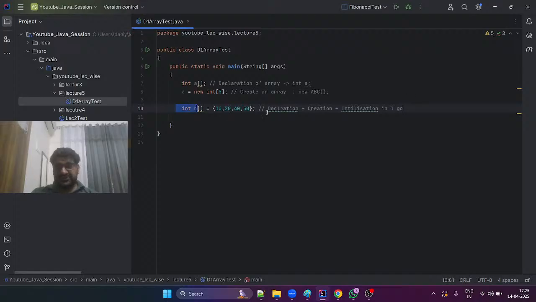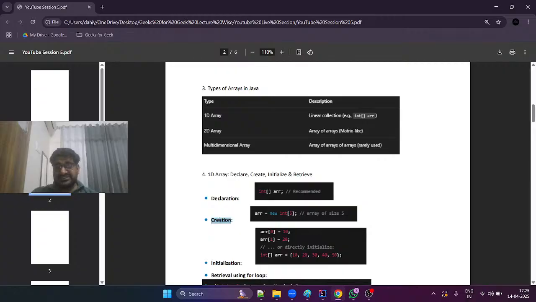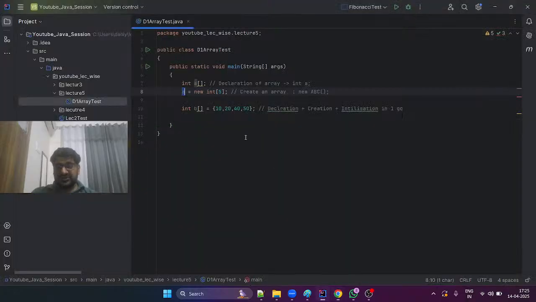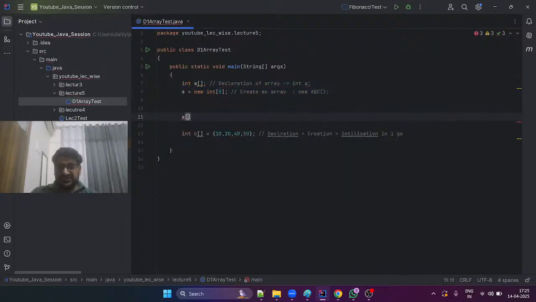If I want to provide the values in this array, we can do it with this approach as well. Or if I have chosen the approach above, then we need to define them separately. So let's say